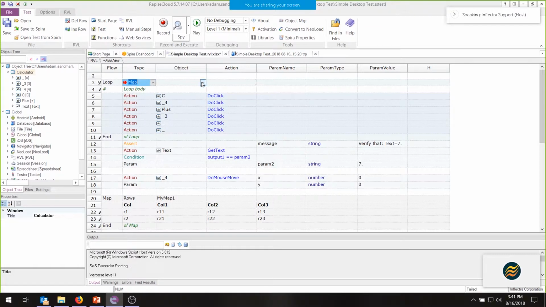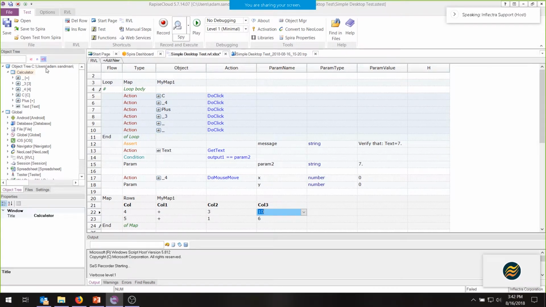And I can loop over my map. Wow. So that would let me loop through those calculations, and it would do it for each one of these pieces of data. And that means I could actually do something like have one calculation, 4 plus 3 is 10, and maybe 5 plus 1 is 6. So you're turning your test into data-driven testing, and you can use the loops and the maps inside of the RVL language. However, some people find this cumbersome because they're programmers, and so the other option is you can use